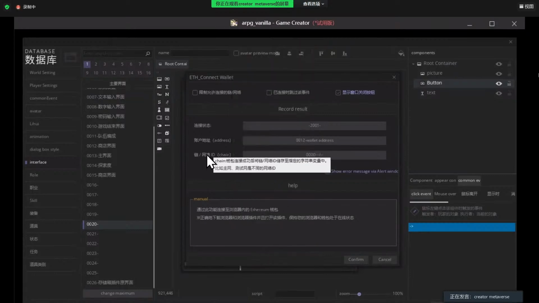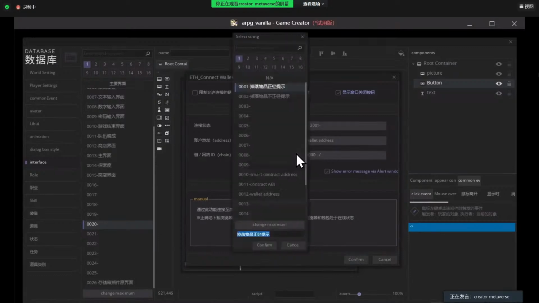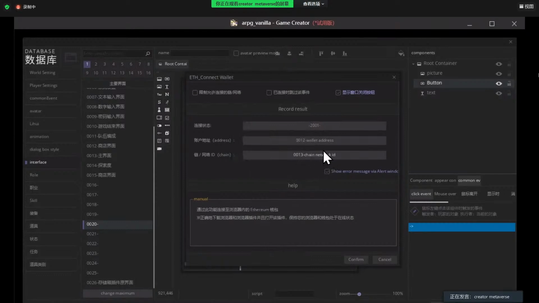Confirm. And here is the chain ID, or the chain network ID. Sometimes when we develop the game, we probably use a test network for the chain to debug. So we put the chain network ID here as a new string variable.